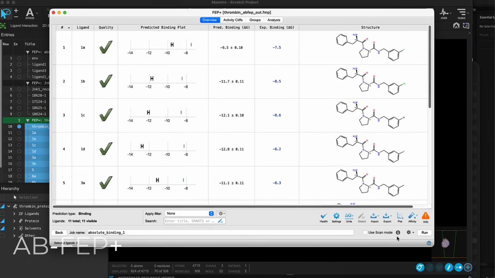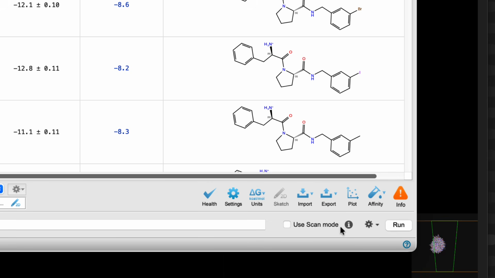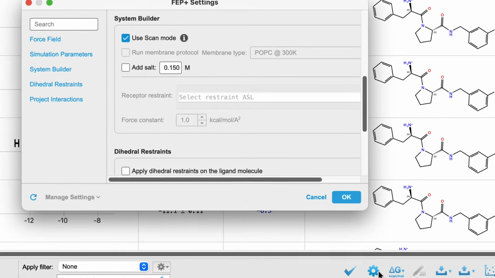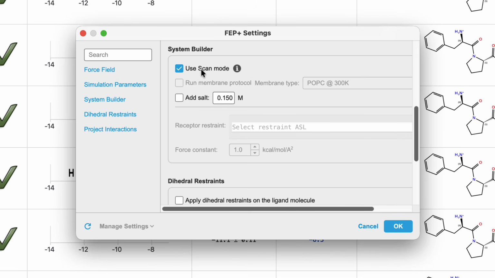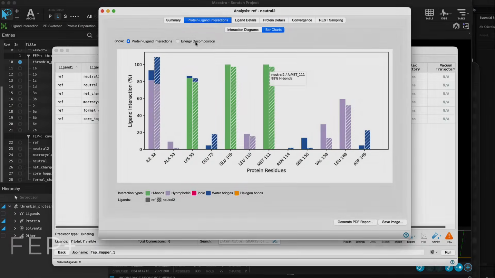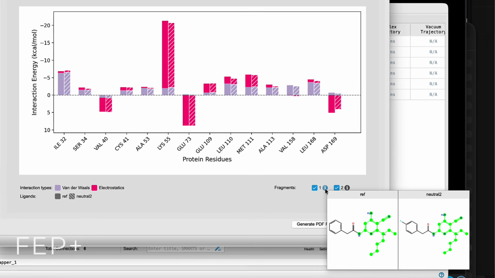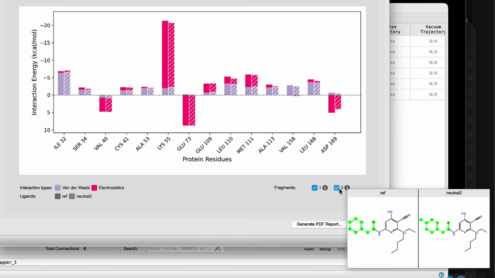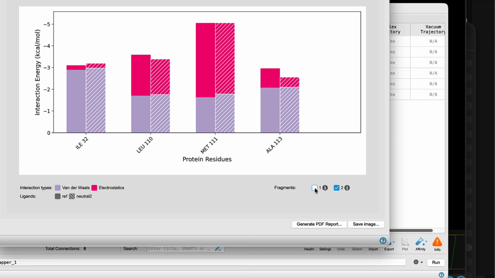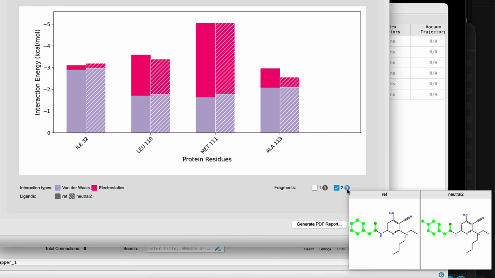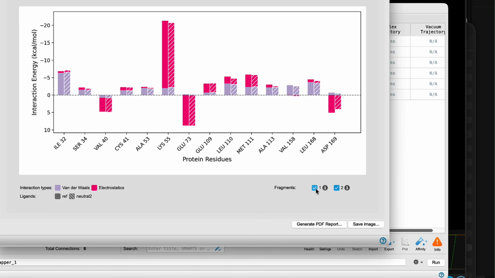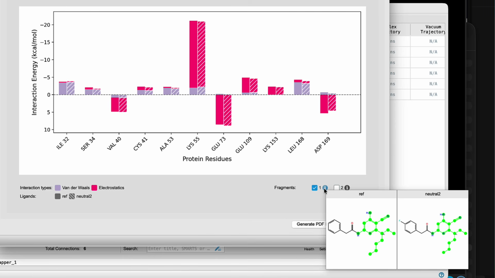Absolute binding FEP now includes scan mode for higher throughput discovery. With a truncated and restrained receptor, fewer replicas, and shorter simulations, it delivers an approximate 5-fold speedup with minimal impact on enrichment, making physics-based rescoring practical earlier in a screening funnel. Interaction energy plots now decompose small molecules into fragments using RECAP rules, showing how each fragment interacts with nearby residues. This helps explain relative and absolute binding FEP+ results and focused design changes.